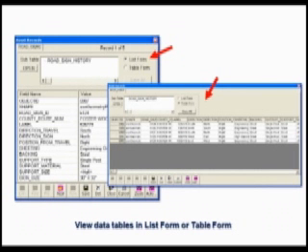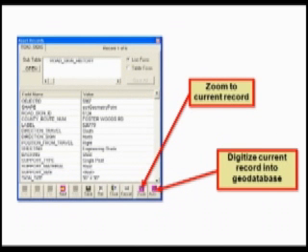A couple simple tools. When you're entering data, sometimes it's nice to be able to click a button and zoom on the map to that particular record. Other times you can import a list of features into this table. Instead of hand typing 500 road sign information, you might already have that in an Access database. You can export that and then bring that into this. If when you do that, those